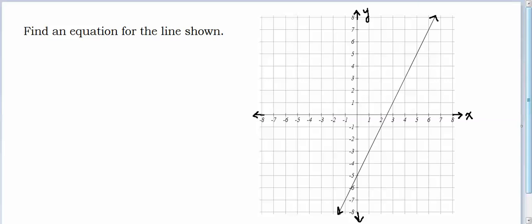In this equation, we're given the picture of a graph of a line, and we're asked to write an equation that would describe that line. So one thing we can remember before we get started is that the general form of an equation can be written as y,